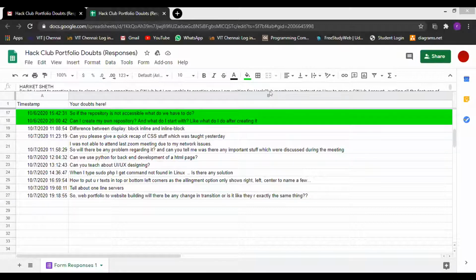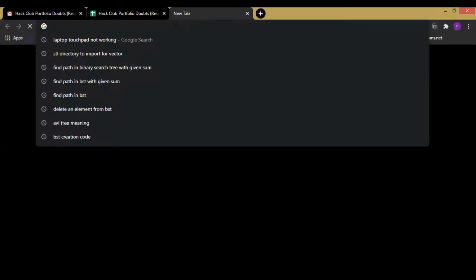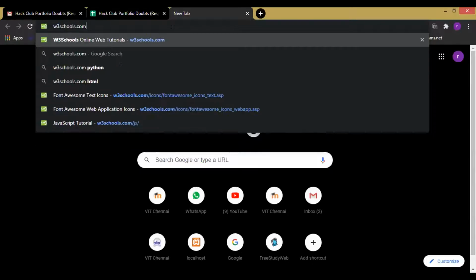Hello. Yes, audible. First question, what is the difference between display block, display inline and display inline-block? Firstly, display block means that everything is displayed in a new line. All the margins and paddings, left, right, top, bottom, everything is considered.